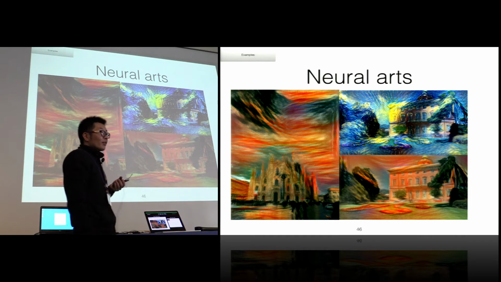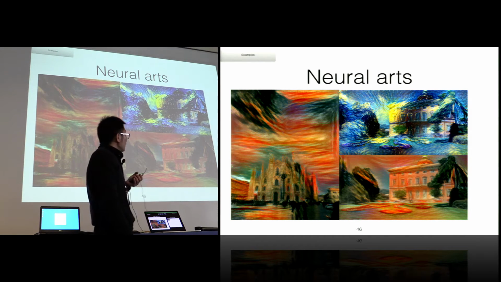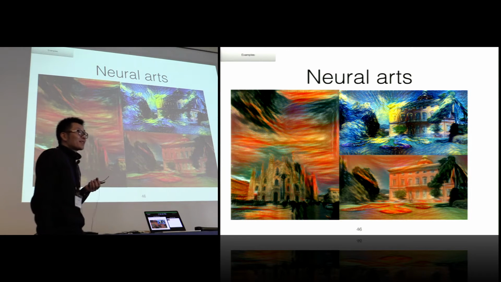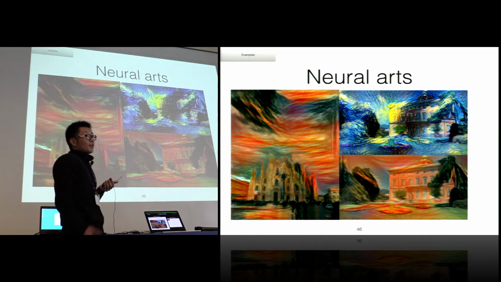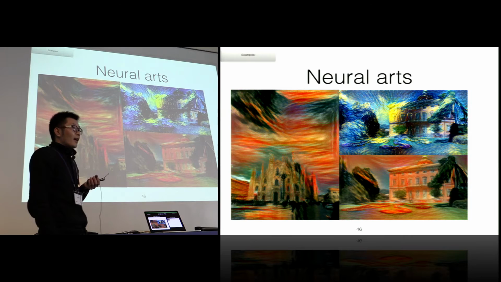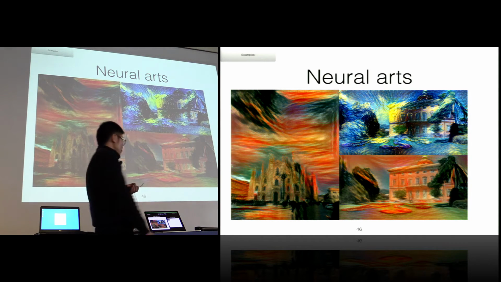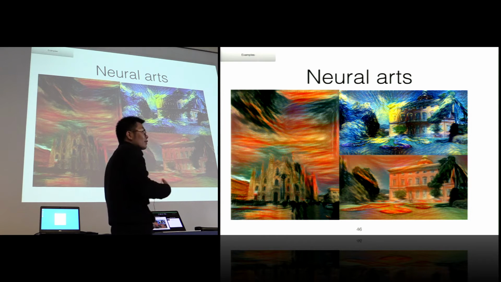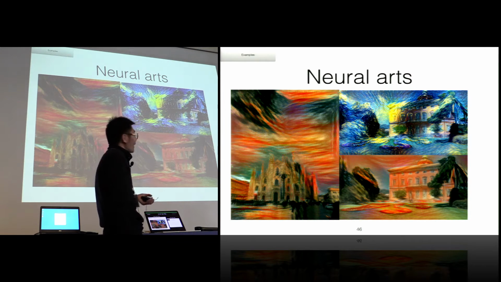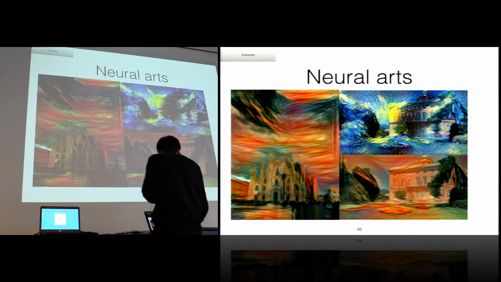This is just what I did on our CSCS GPU clusters. It might not be that beautiful to you, but there are really some beautiful pictures online that you might check. Just search neural arts, or there's even code online. If you have GPUs, you can install Caffe or other deep learning libraries to play with yourself. It takes a little bit longer, like an hour to train, to generate a good, nice looking image. But with the advance of deep learning technologies, in the future, you can paint a very beautiful picture, any style you want. So, yeah.